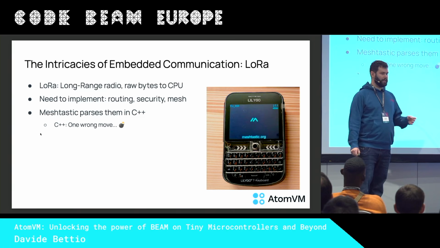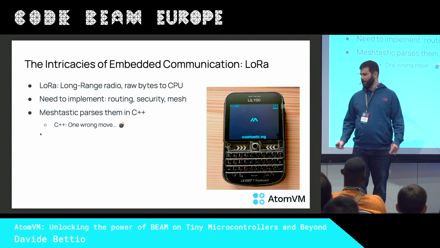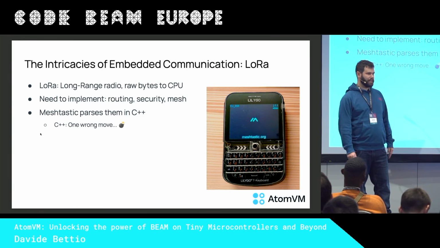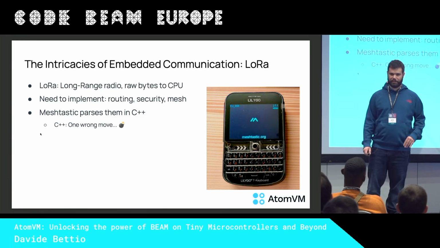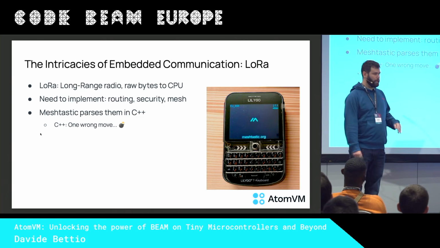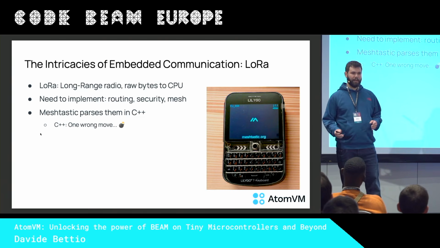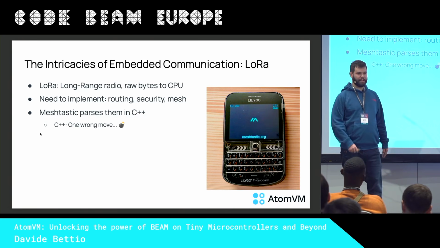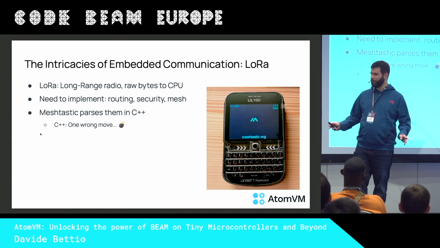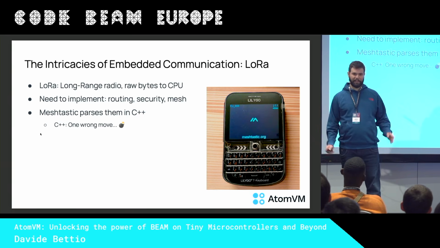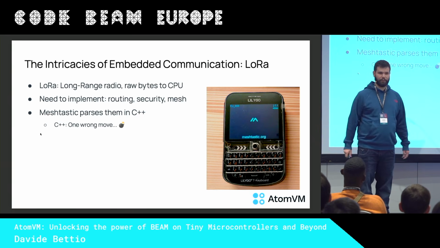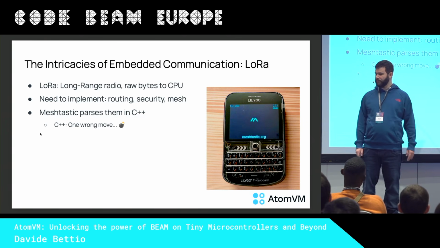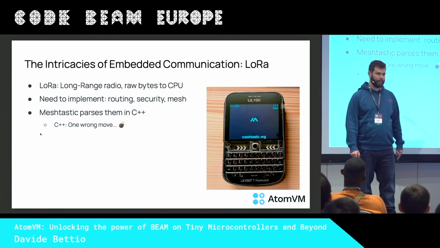There is a project that was interesting for me because it is called Meshtastic. I'm taking this as an example, by the way. It is not the purpose of AtomVM itself. But Meshtastic is about building some kind of mesh network, and it has routing, message encryption, and a lot of interesting, cool features. It allows you to communicate over long-range radio with other people hiking with you. It is a very clever project, very remarkable.